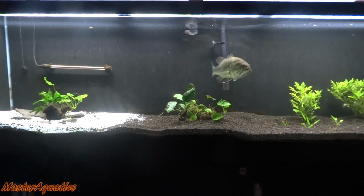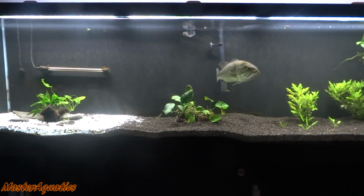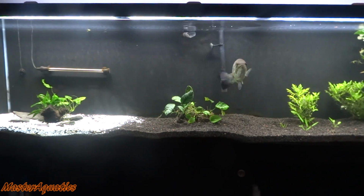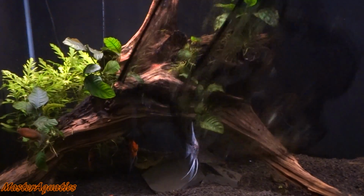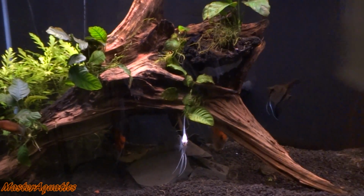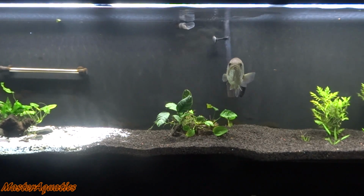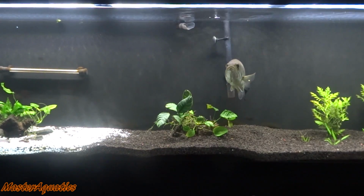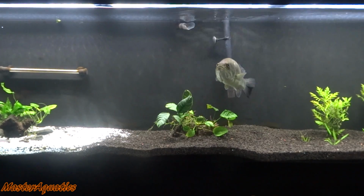Alright guys, so last time I was aquascaping my tank, and as you can see on that left side right there, I kind of started an aquascape. In that spot there actually used to be a big piece of driftwood. It was really getting in the way of Albert being able to move around. So I decided to take it out because I felt it was more beneficial without it than to have it in the aquarium, because it posed a danger to